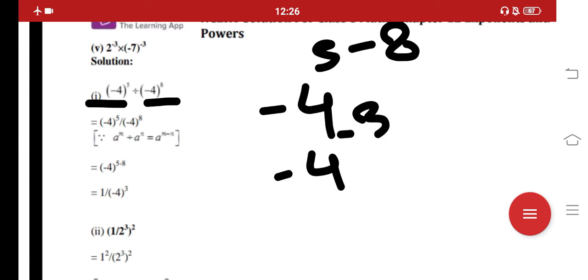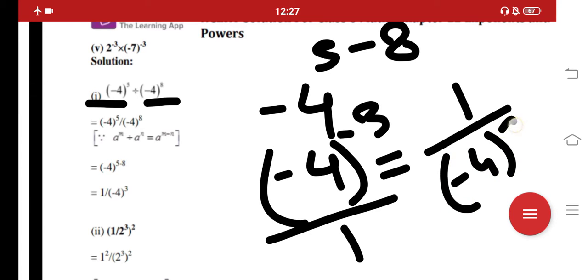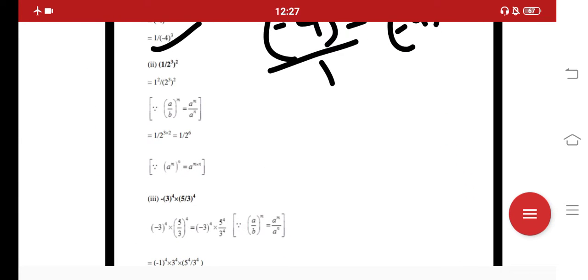Okay, now we can see clearly here that minus 3 is a negative exponent, but in the question it is clearly written that we have to convert it into positive exponent. Now again we will apply the same formula. If nothing is given, we can write 1 in the denominator. So what will we write at last? 1 upon minus 4 to the power 3. Okay, this is our formula, and this is at last our answer. So this is how you can complete question number 2.